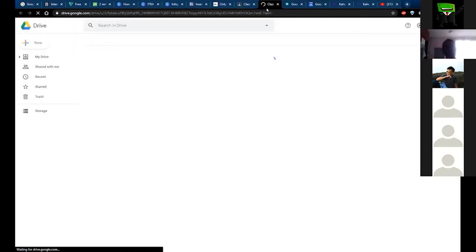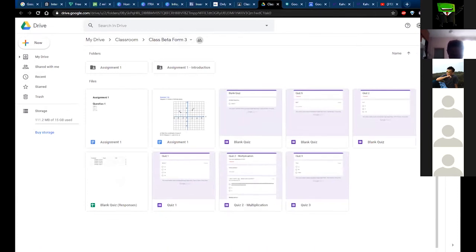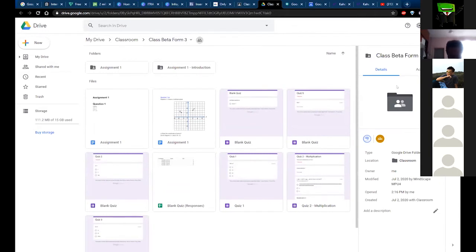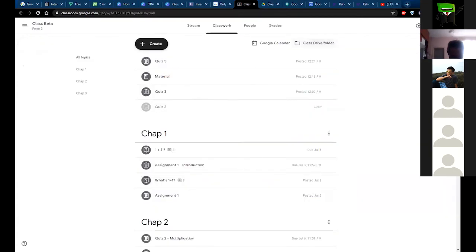You also have a Google Drive folder set for you. If you want a specific folder for each student, you can create one for them or ask them to create it themselves. You can easily share access to this folder, and students can create their own personal folder to submit assignments. You can also store all your documents here. If you want to repeat your content from, let's say, the previous semester or previous month, all the files stored up here you can just retrieve from Google Drive, and then you can repeat what you've done before.